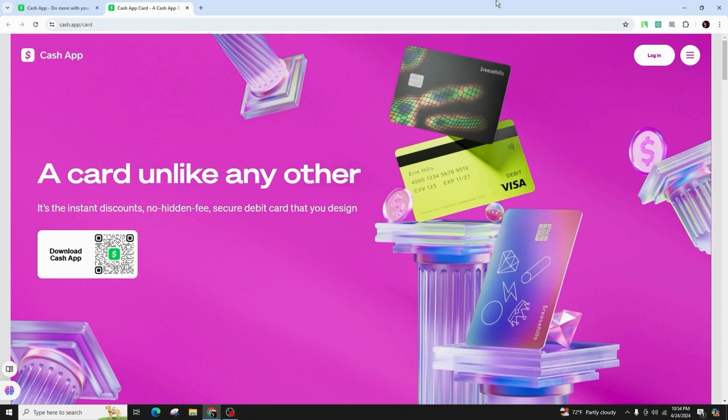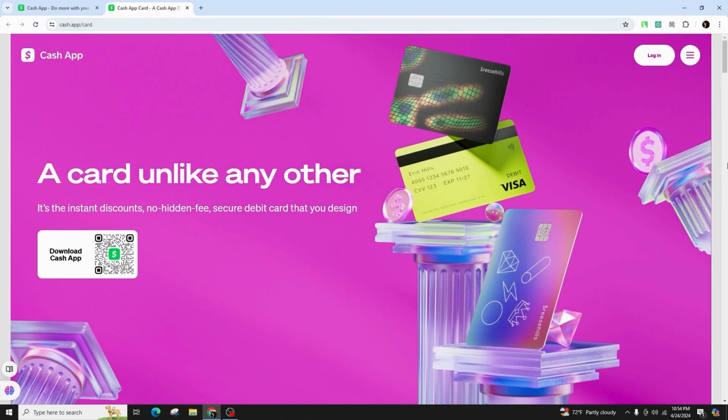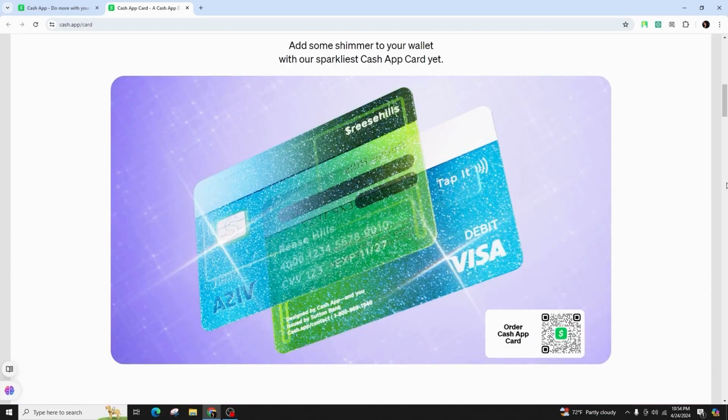card online. To do so, simply navigate to the Cash Card section, locate and click on the Get Cash Card button. From there, you can choose the color of your card, personalize it with your own signature, and provide your full mailing address before submitting your request. Rest assured, your Cash App card will be delivered to your specified address within a time frame of 7 to